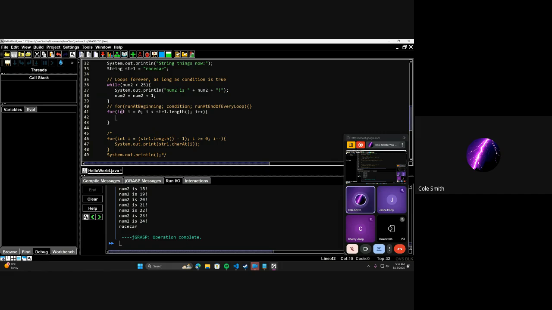we are going to create an integer at the beginning of this loop called i, and we're going to set it equal to 0. We're going to keep running this loop while i is less than str1.length, which is just going to be the length of whatever this string is. So this is racecar, which has a length of 1, 2, 3, 4, 5, 6, 7. So this is just going to be 7, right? And then i++ means at the end of the loop here, we're going to add 1 to i. So this is basically almost exactly the same as writing